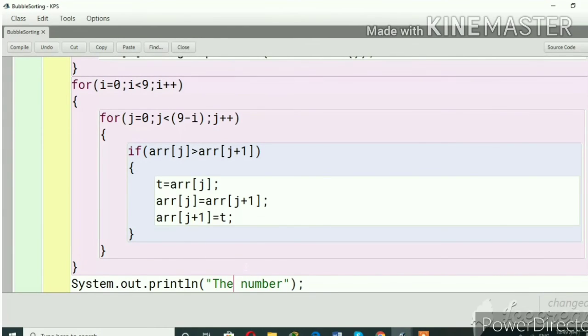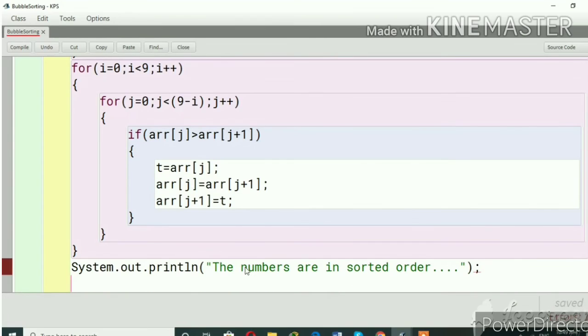So the numbers are in sorted order. Then write a for loop for display: i equal to 0, i less than arr.length, i plus plus.